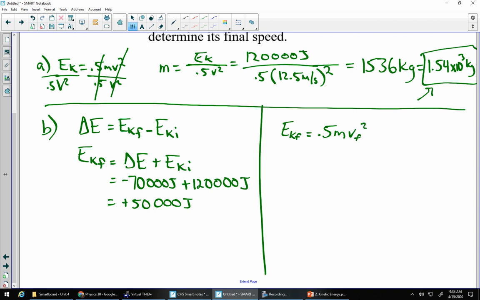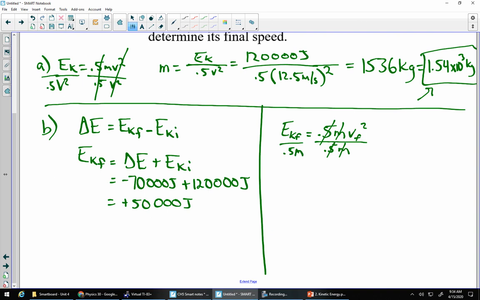I am now looking for my final velocity, so as I rearrange, I have to think to myself, reverse order of operations. So let's see, I will have to eventually get rid of the square, but first, I have to get rid of the 0.5 and the m. So 0.5 and m, let's divide both sides by 0.5 and m. So those cancel, and now I'm left with v squared is equal to EKF divided by 0.5